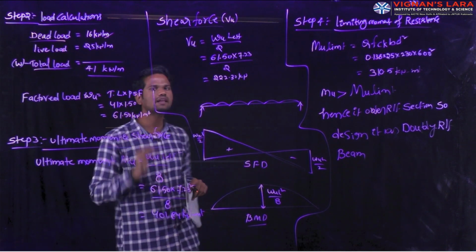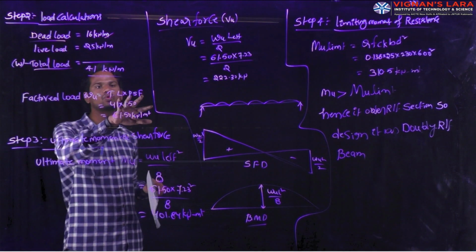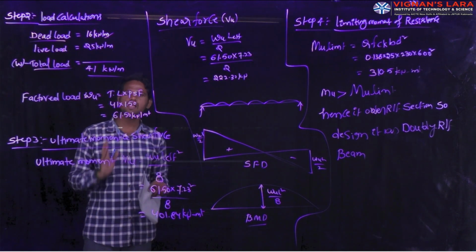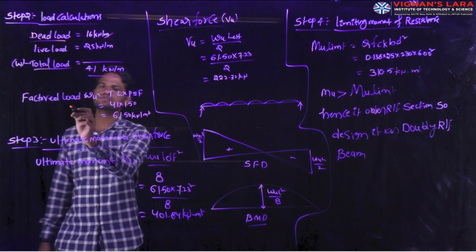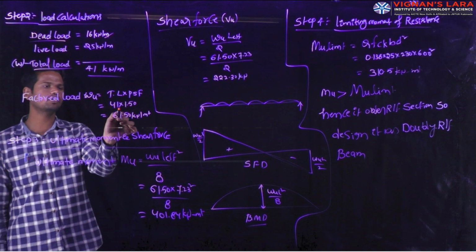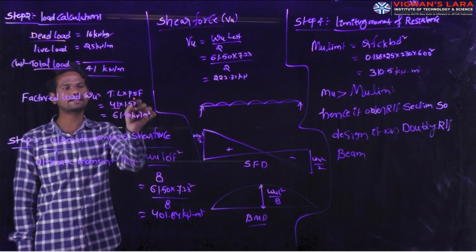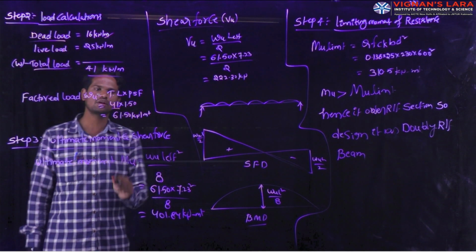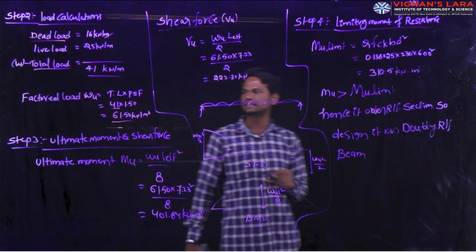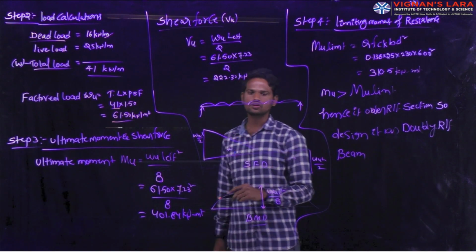Suppose you are designing the beam for the limit state of serviceability, in that situation we have to take this partial safety factor as 1.0. This is also taken from the IS 456 code book. For the factored load, W equals total load times partial safety factor. The total load we calculated is 41. The partial safety factor we take from IS 456 as 1.50. If you multiply these two values, we get the total ultimate load, or factored load, or design ultimate load acting on the beam, which is 61.50 kN per meter.